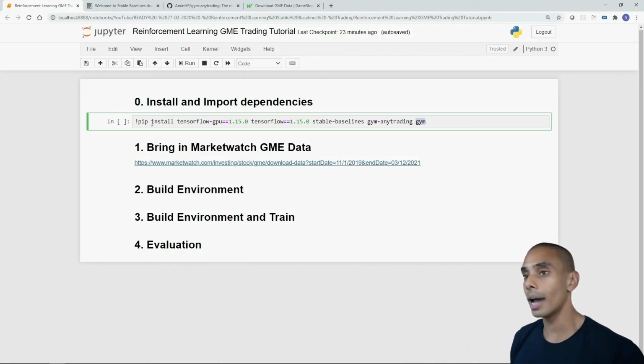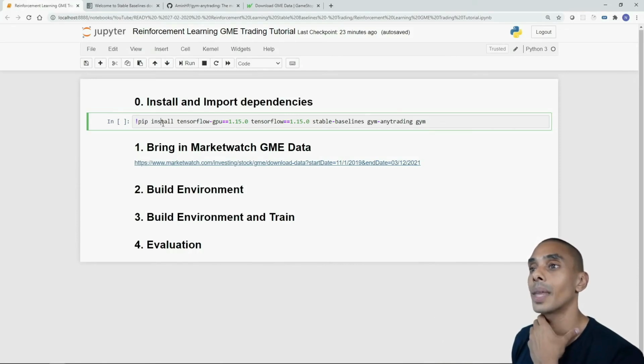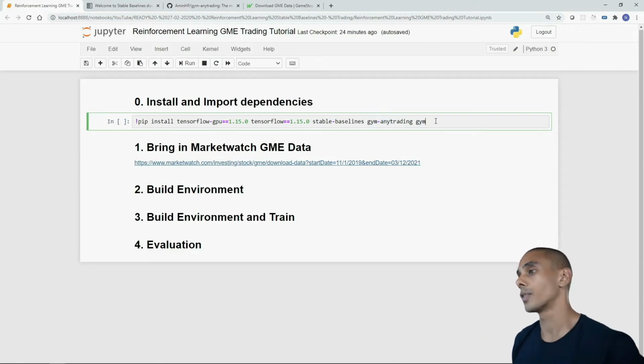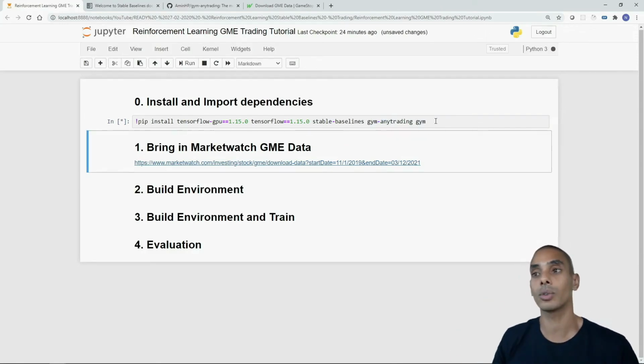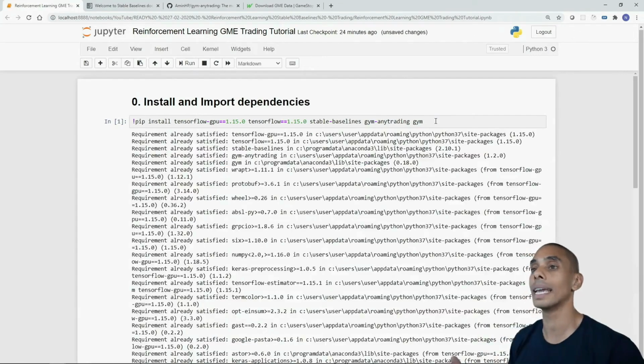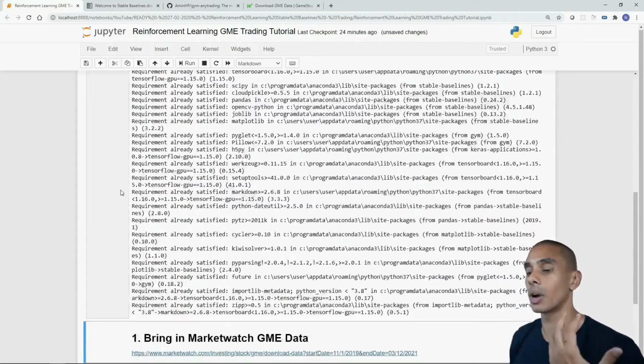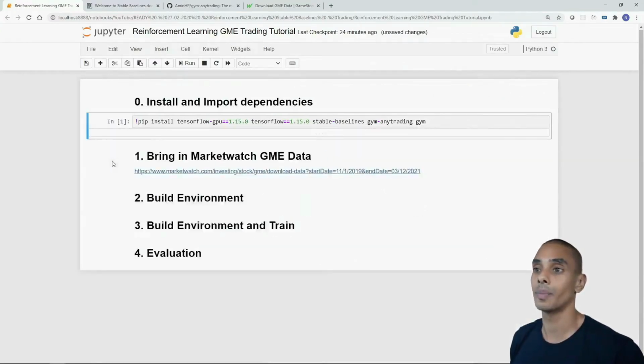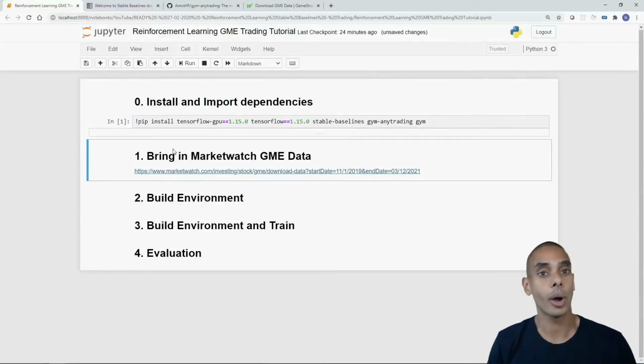on. So the entire line is exclamation mark pip install tensorflow-gpu==1.15.0, tensorflow==1.15.0, stable-baselines, gym-anytrading, and gym. So if you go on ahead and run that, that's going to install all of the dependencies that you're going to need to be able to get this up and started. And you can see it's already installed, and this has gone reasonably quickly because I've already got a large number of these dependencies installed. Now the next thing that we want to do is actually go on ahead and import